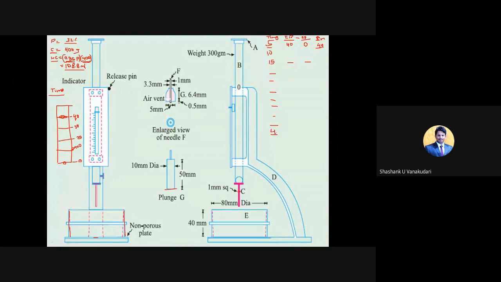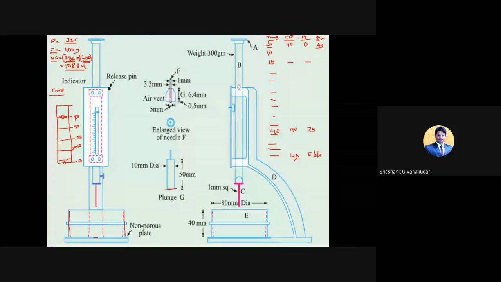Clear? At 40 minutes, you may get the initial reading as 40 and the final reading as 39. That means the bottommost 1 mm got set. As the time increases, that concrete starts the hydration process and it is going to set. Correct? So at some time interval you will get a certain result. You don't know at what time you will get these results, but it is either 5 or 6 or 7.